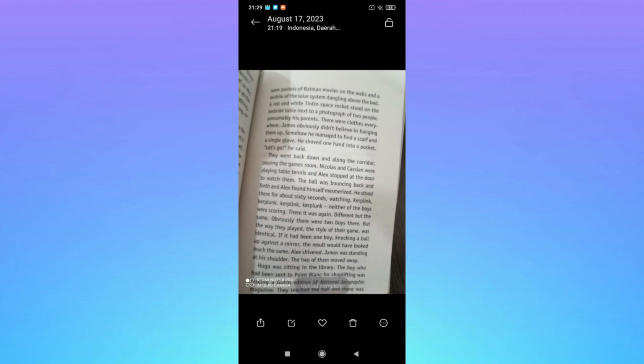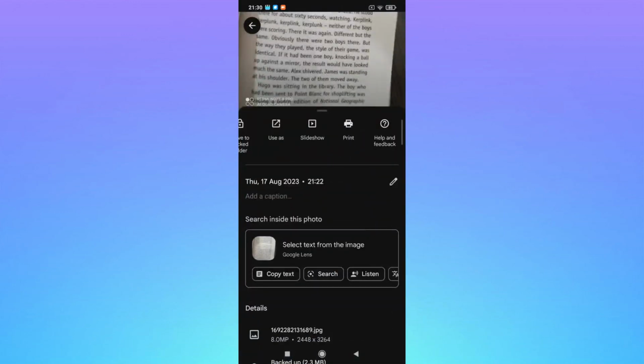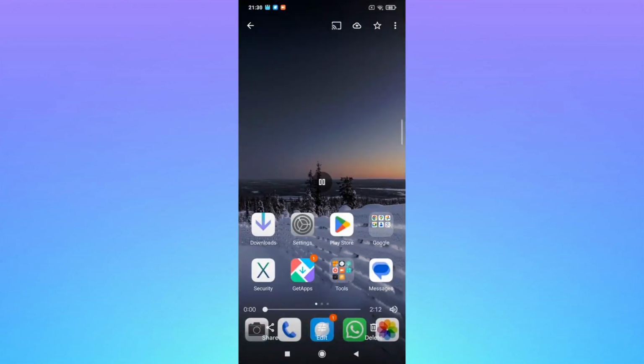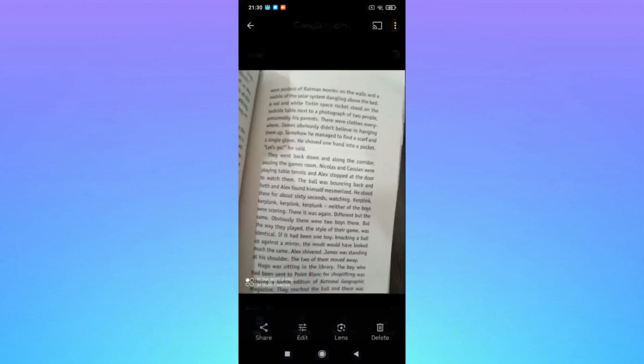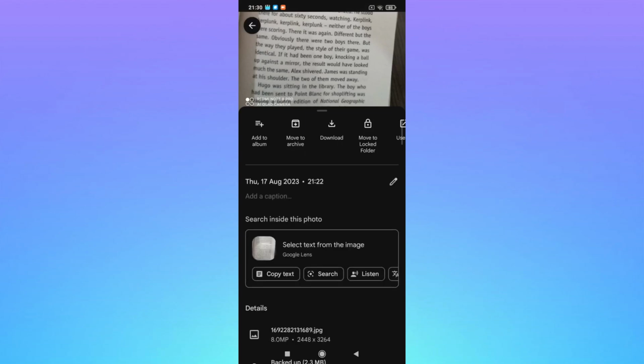It says upload complete. After that, you go to Google Photos, and you have to find that photo. So it should be somewhere here. Yep, over here. Then you have to press the three dots,